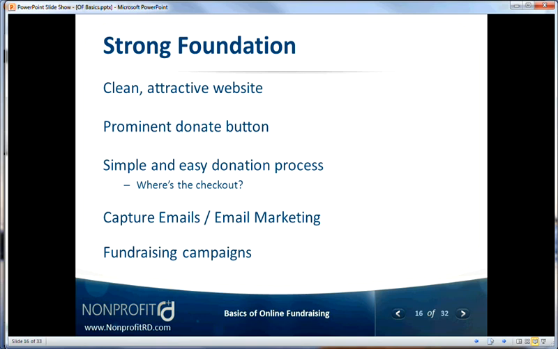So things you talk about on a strong foundation: clean, attractive website, prominent donate button, simple and easy donation process. This is a real important one, that simple, easy donation process. A lot of nonprofit sites, when I first start working with folks, they ask tons of questions. It's a complicated process. They have to click on 8 different pages to get the donation form. If you make it confusing for people, they're going to abandon that transaction and they're not going to complete the